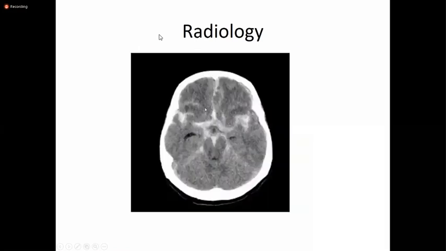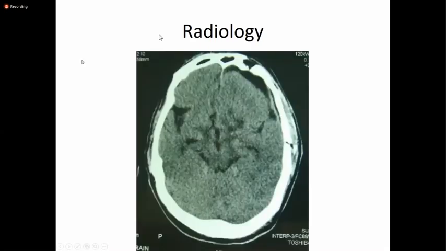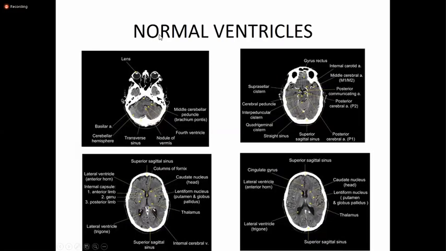This is a case of subarachnoid hemorrhage, in which blood is pooled into the basal cisterns. So this is the prepontine cistern, the star-shaped prepontine cistern. All these cisterns and the Sylvian fissure and the sulci you can appreciate on normal CT scans like this. These are all obliterated if there is raised intracranial pressure or if there is hydrocephalus.